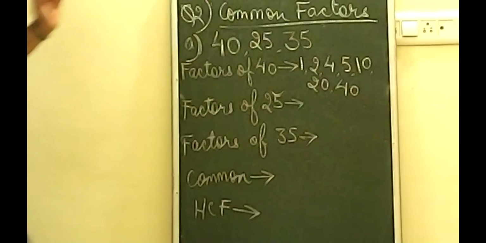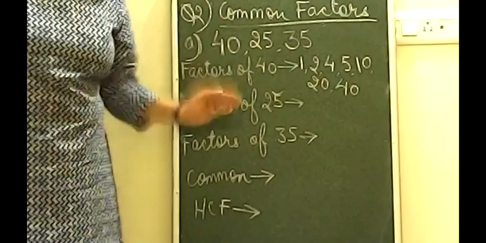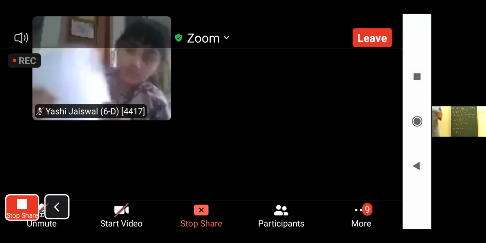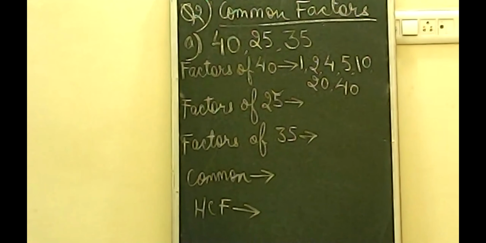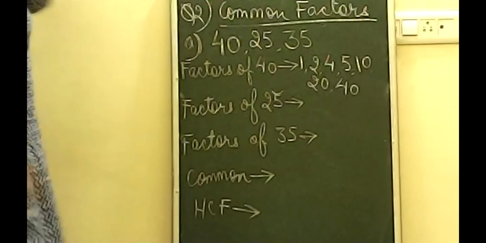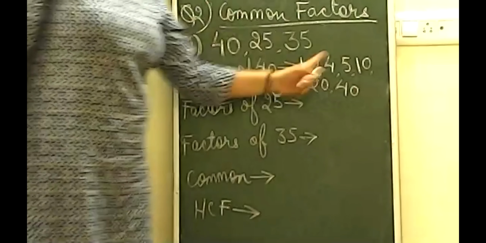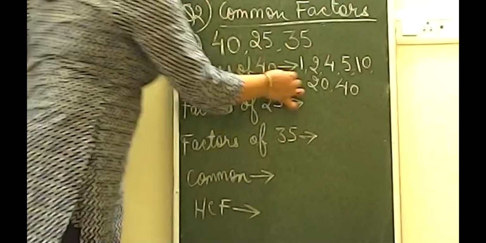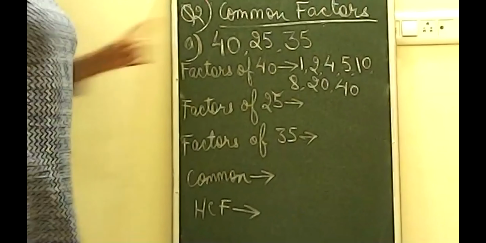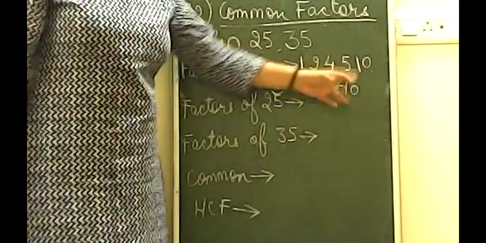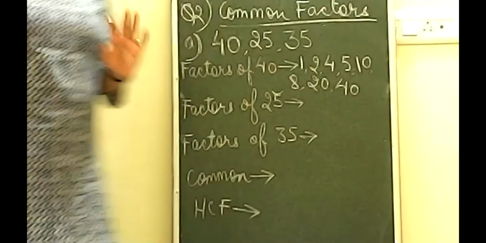Beta, remember, we have studied the divisibility tests for exactly these things. We have done the divisibility test just because of this. Sorry for the disturbance in between. Somebody shared the screen. So it's 1, 2, 4, 5, 10. Sorry, it will be 8 also, because 8 fives are 40. So 1, 2, 4, 5, 8, 10, 20, 40. I have written all now.